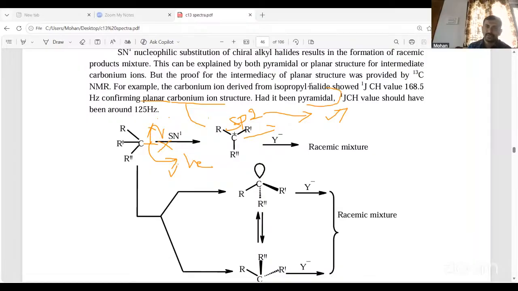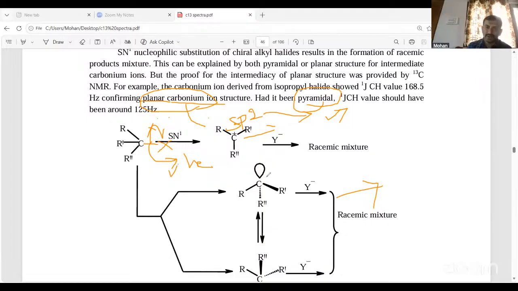Here it is pyramidal. It can be planar. So the two possibilities. So if it is acquiring the pyramidal structure here,